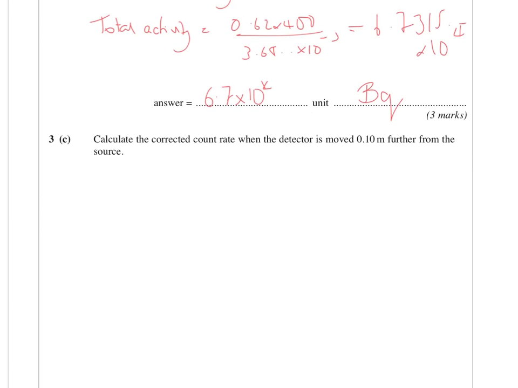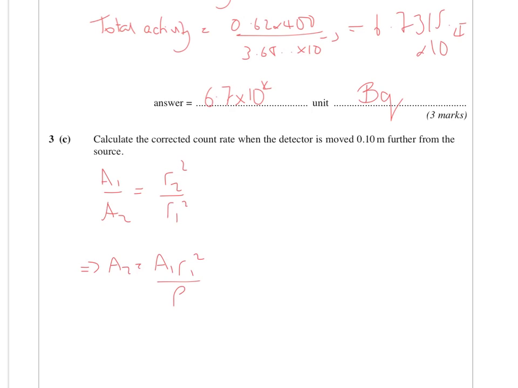Calculate the corrected count rate when the detector is moved 0.10 further from the source. So we're going to be using the inverse square law. So the initial activity over the final activity is an inverse square law, so it's going to be in proportion to the distances squared in this way. So you can see that as you get a bigger R2, essentially that ratio gets bigger, which is what you'd expect. So we want to calculate A2, so it's going to be the activity measured